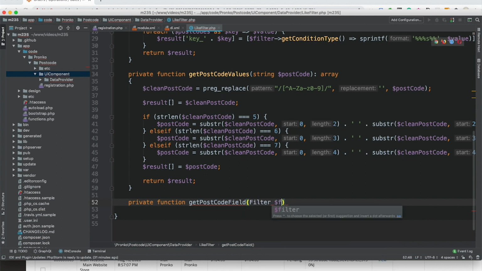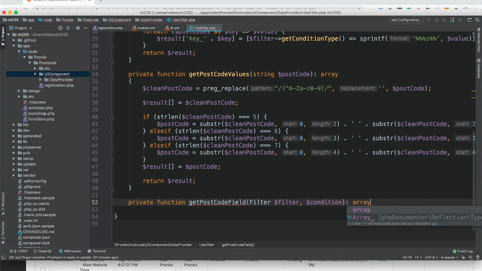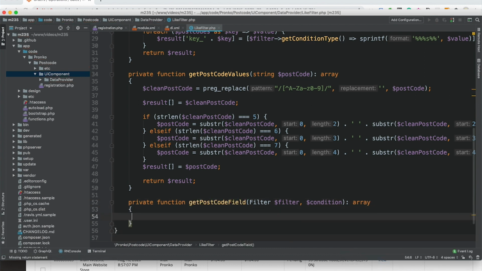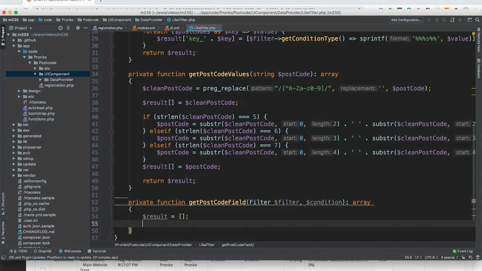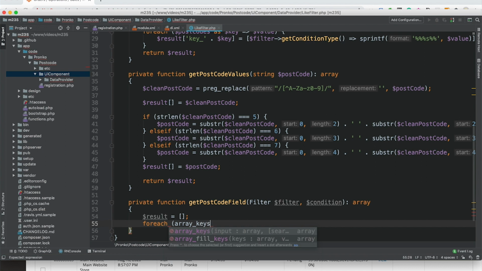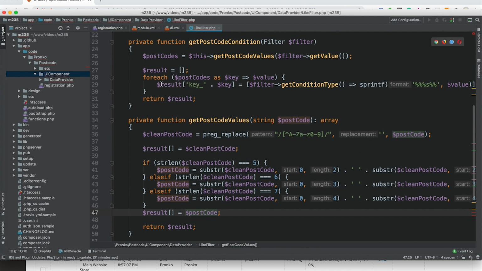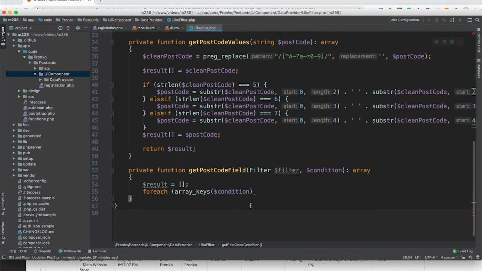Here we have filter as a first argument and condition as a second argument. And implementation is the following. We will prepare a result array as a field, and we will go through all keys of our condition. If you remember, we have 2 keys, key 0 and key 1.